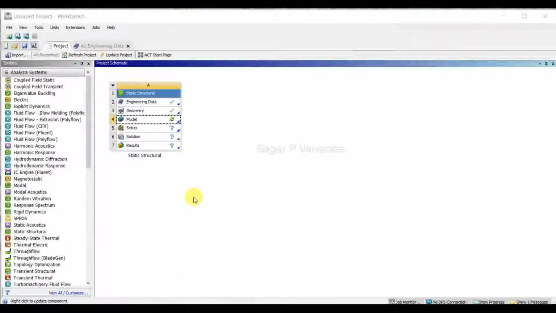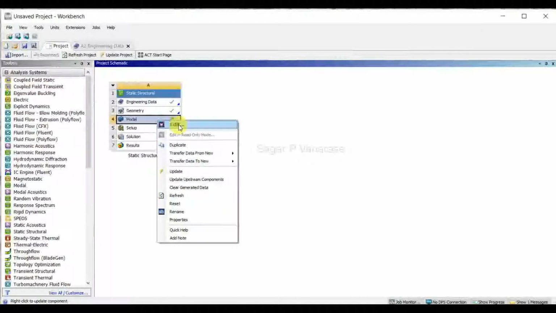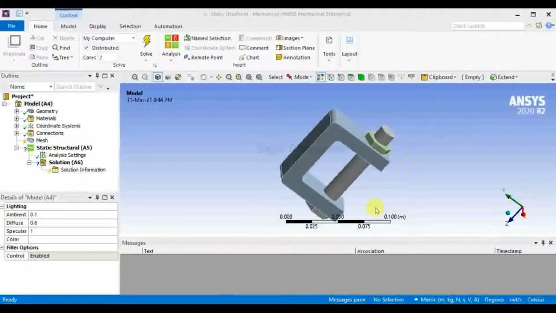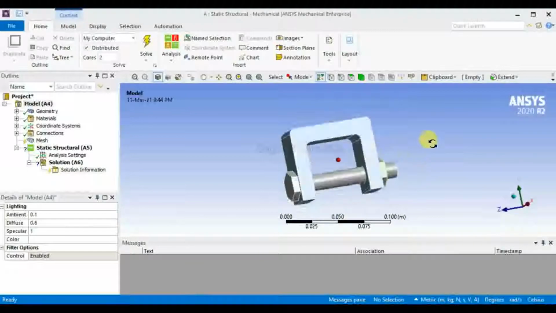The next step is to click your model and right click on edit. So your design modeler screen will be opening. It will take some time, so I am just skipping it. So my geometry has been imported in the workbench window in design modeler.